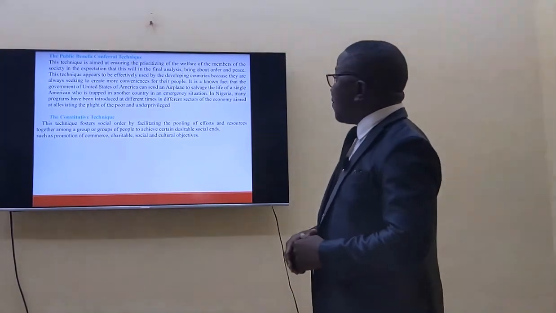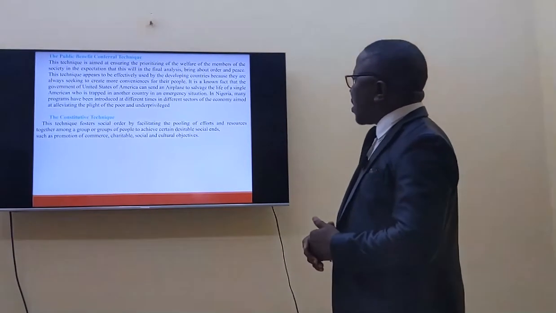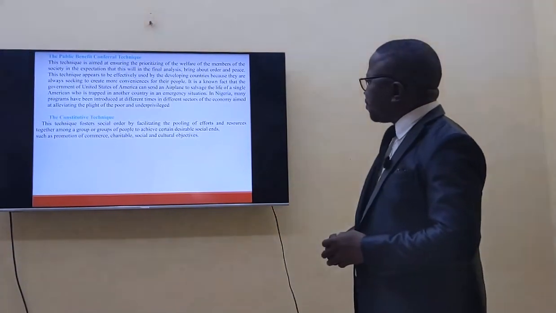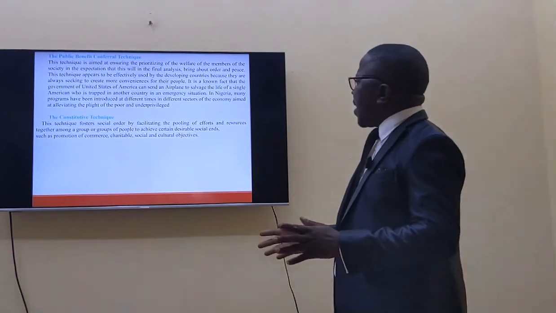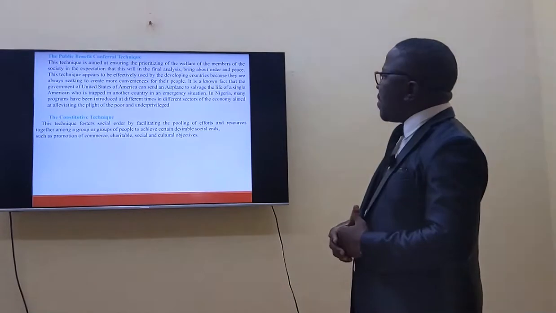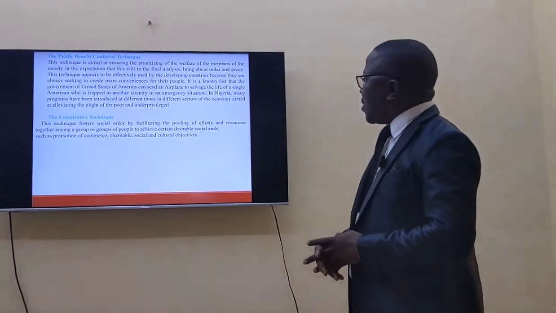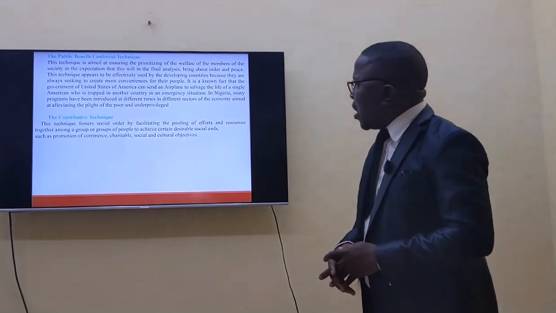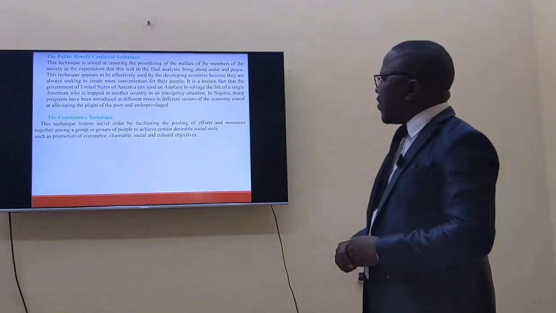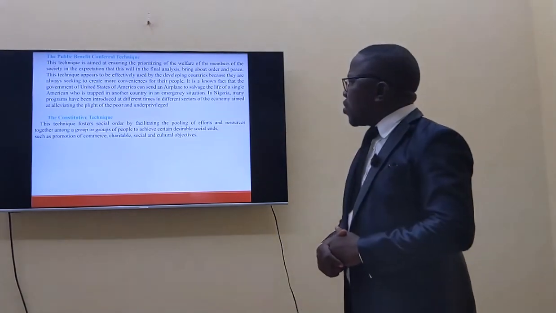These techniques appear to be effectively used by the developing countries because they are also seeking to create more conveniences for the people. It is a known fact that the government of the United States of America can send an airplane to survey the life of a single American who is trapped in another country in an emergency situation. In Nigeria, many programs have been introduced at different times in different sectors of the economy aimed at alleviating the lives of the poor and underprivileged. So it's well understood. And also we look at the fourth